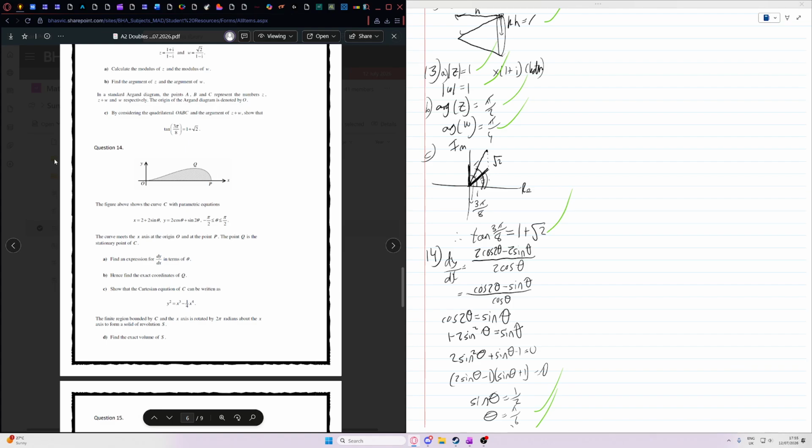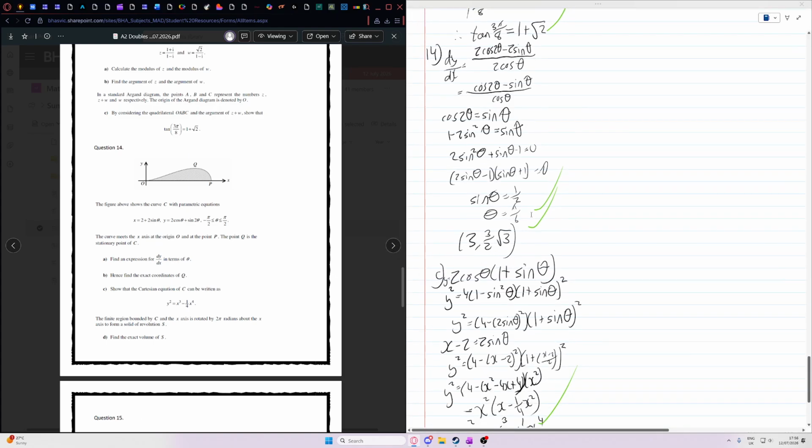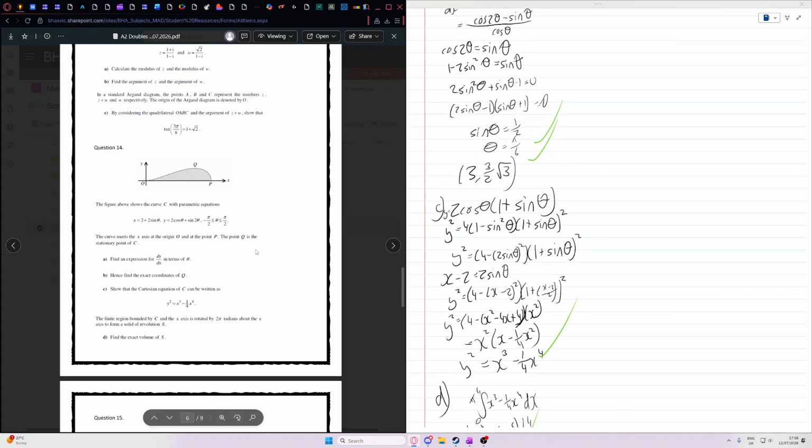Question 14. Simple stuff, just differentiate. And then part B, exact coordinates of Q, just set it to 0, solve your trig quadratic, and then find theta, and then substitute back in. Part C,